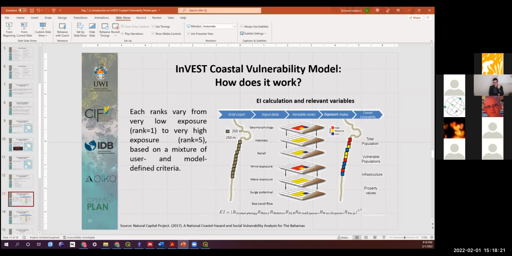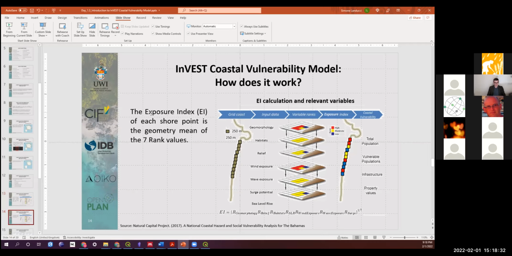So out of 7 values, it synthesizes them into a single value for each shoreline point. And it does that by calculating the geometric mean. So the multiplication of a value 1 to 5 assigned to each of these elements, and then taking it to the